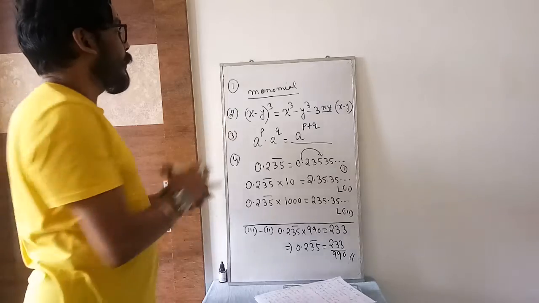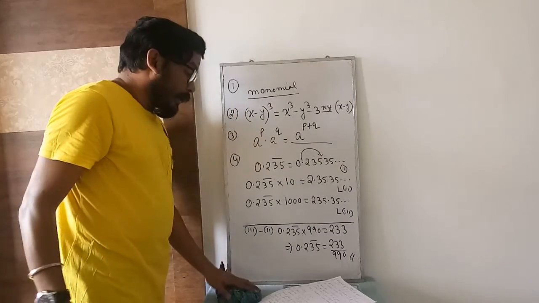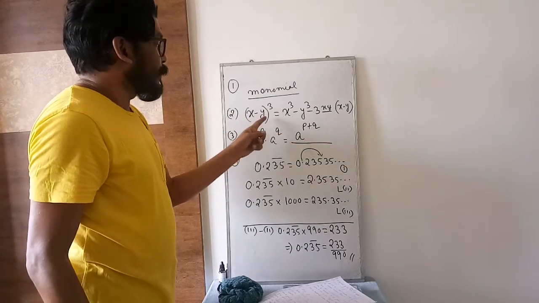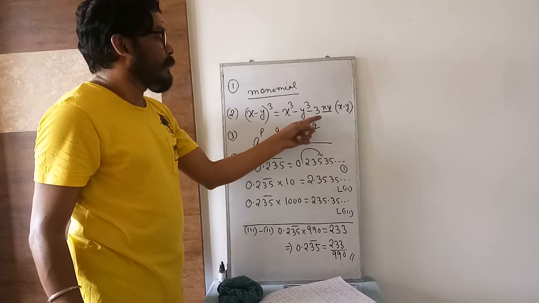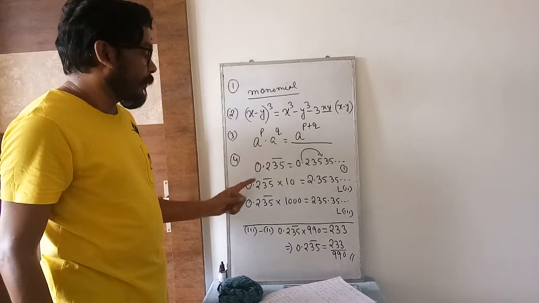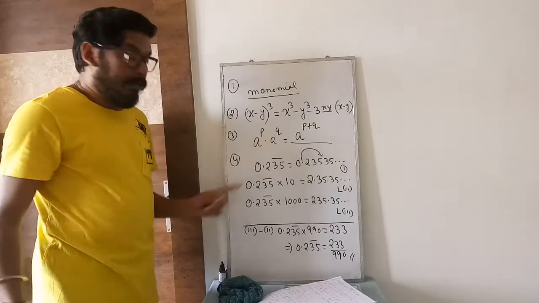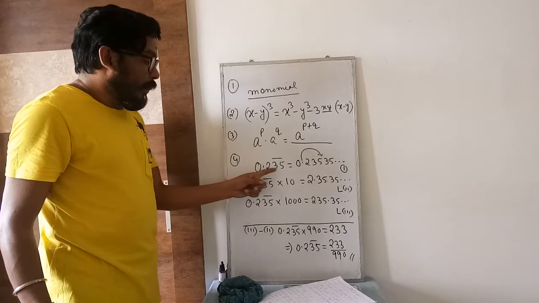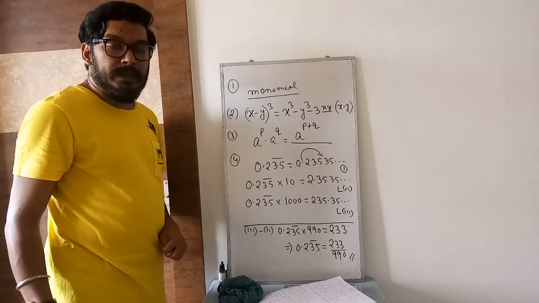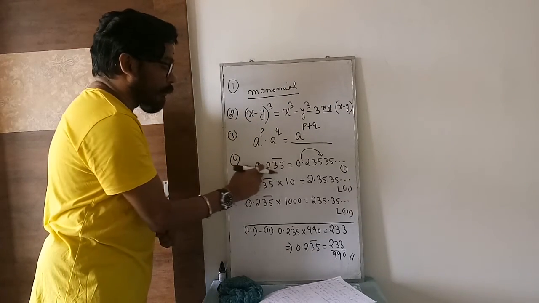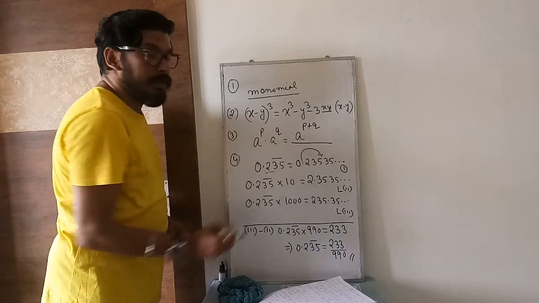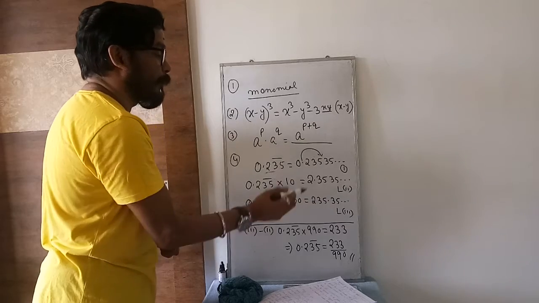Clear? I repeat again. The first question was a polynomial of one term, monomial. Next they gave a formula; here it was a blank. (x minus y) whole cube is x cube minus y cube minus 3xy(x minus y). Here the base is the same, in between is multiplication, so you add the powers. You easily know how to bring this type of number in the form p by q. Here the bar was above 35, meaning 35 is repeated. In the decimal part there are 3 digits. The bar is not above 1 digit, so you multiply by 10, the decimal shifts 1 digit, so it is 2.3535...